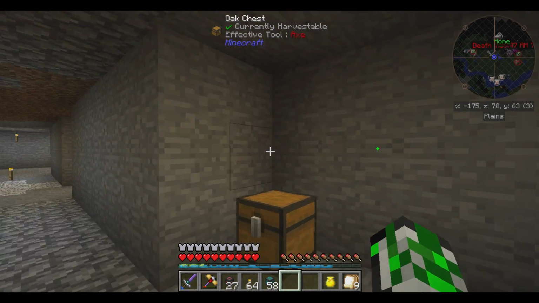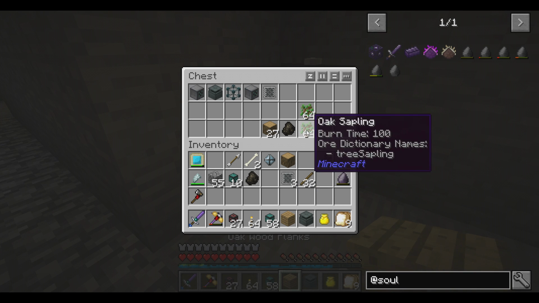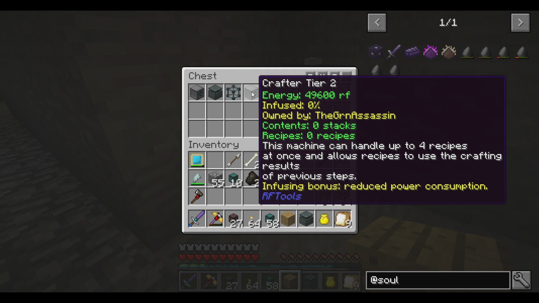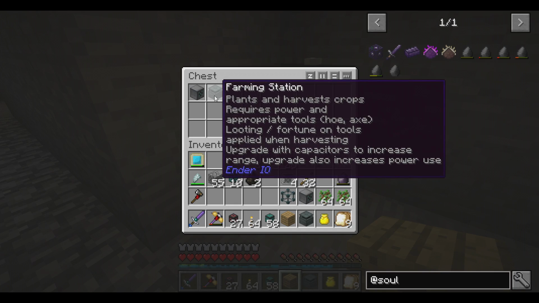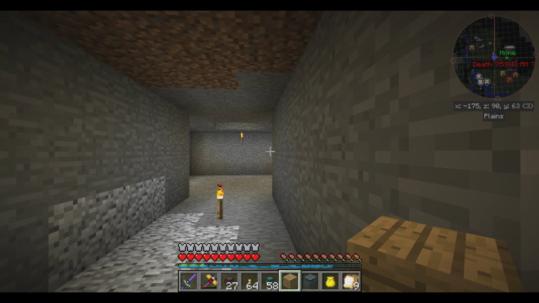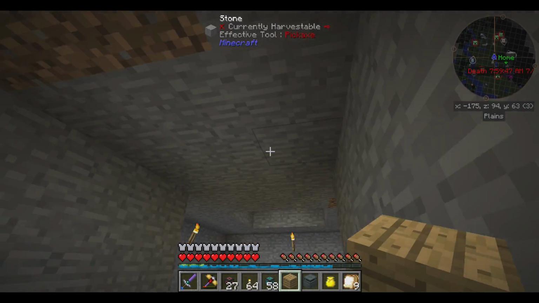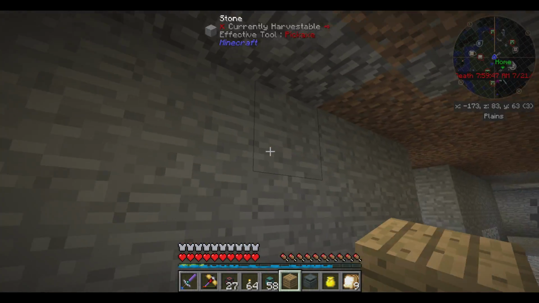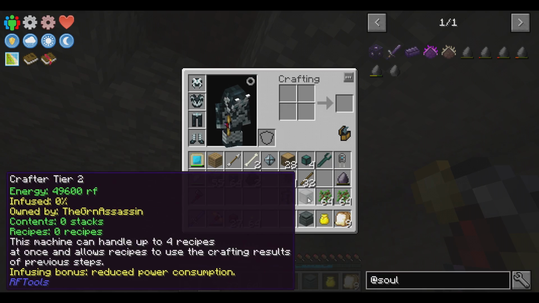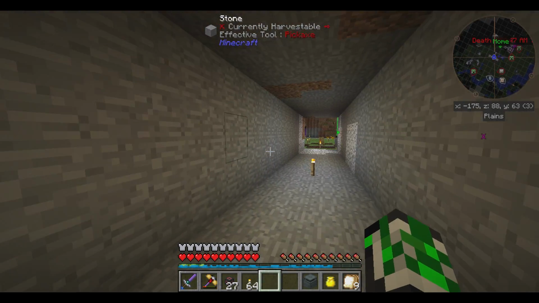So, in this chest, I have a farmer. I'm going to need this stuff too, so let's grab all of this. I have a crafting, automatic crafter, tier 2. I have a dimensional transceiver. I got a spare farming station and a spare crafter. Sorry about that, guys. They're going to go over here, and that's going to be like a food and redstone farm, which I'll probably set up off camera, because as it looks, I'm not going to have time this episode. So this is going to go right here,